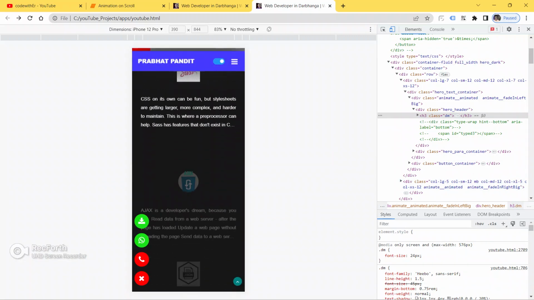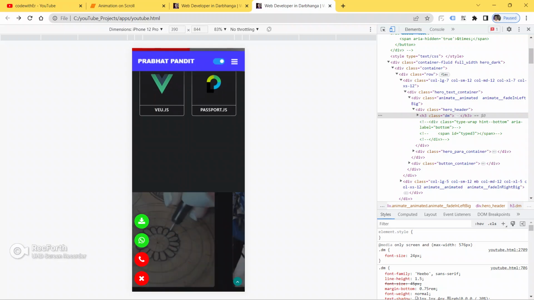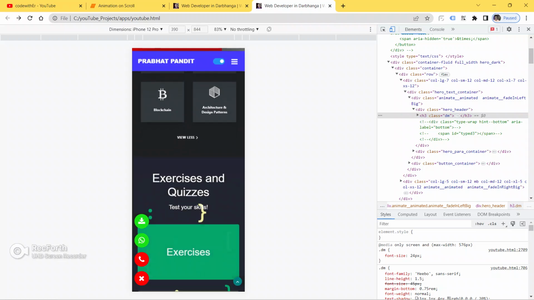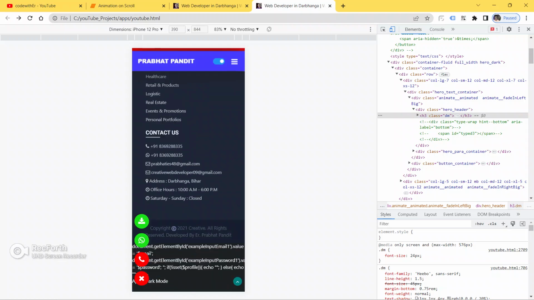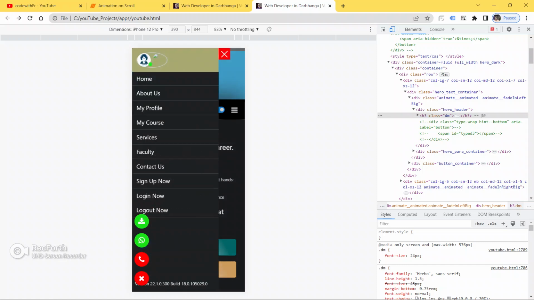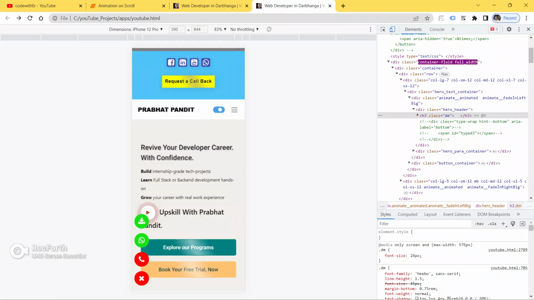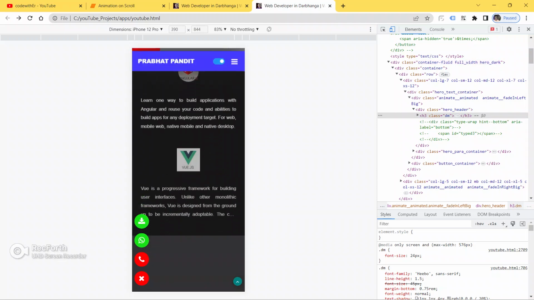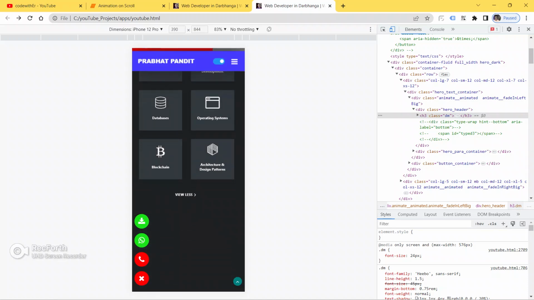See, for mobile view you can apply dark theme also. In mobile view it is also working super fine. See, I have applied dark theme, guys. So I will make a separate video on how to apply dark theme on the website. Okay, go up. Remove dark theme now. See, apply, remove dark theme. So this is also responsive for any kind of mobile devices, guys.